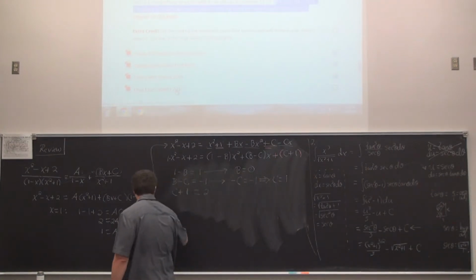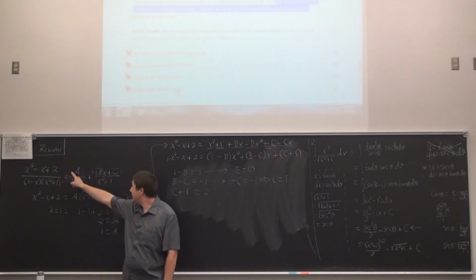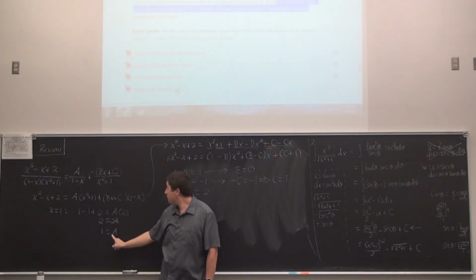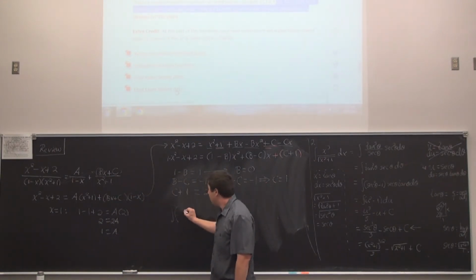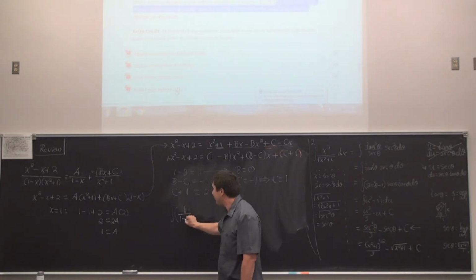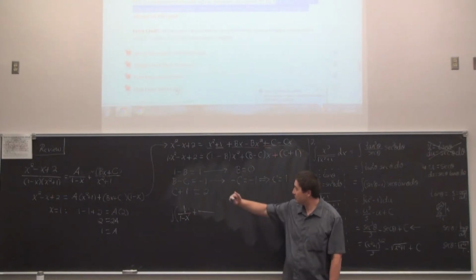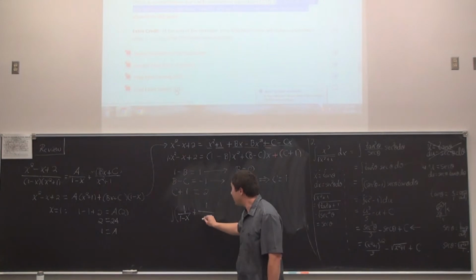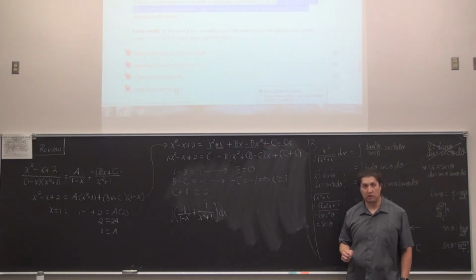The very next step would be, we want to find the antiderivative of this thing, but now we know that this thing can be written in this way, where a is 1, b is 0, and c was 1. So we're finding the antiderivative of 1 divided by 1 minus x plus b was 0, and that's wonderful because it makes the antiderivative nicer. The next one is 1 divided by x squared plus 1 with the dx. So once we solve that, the problem is complete.